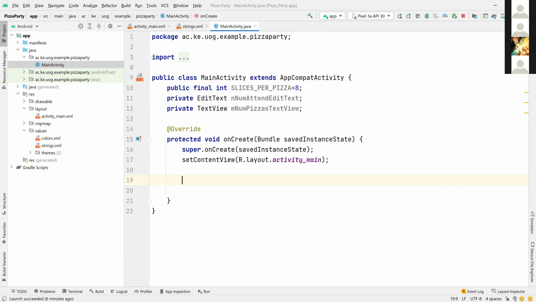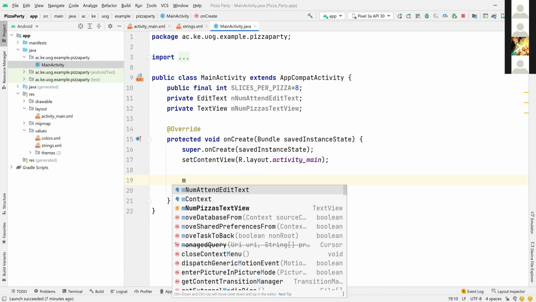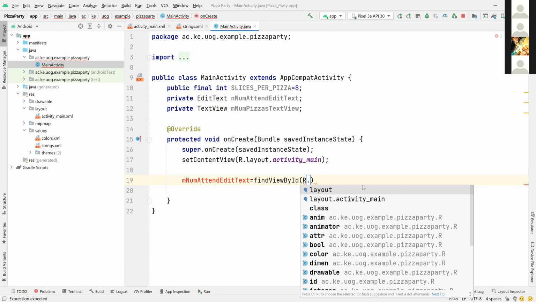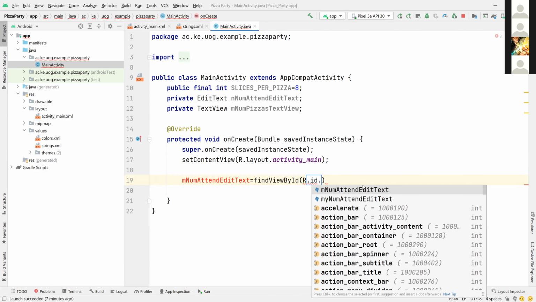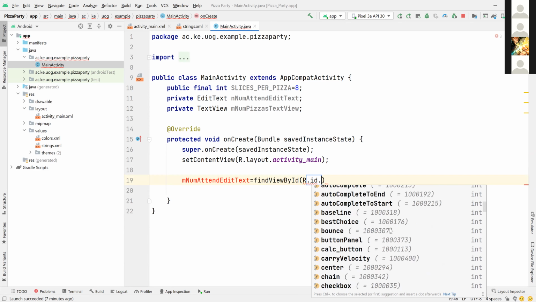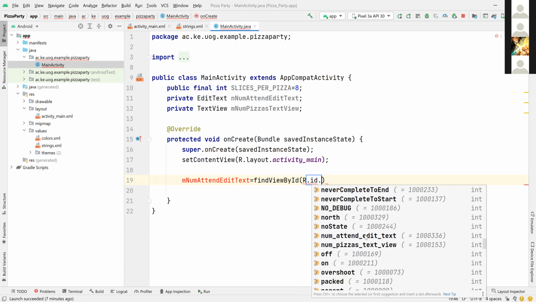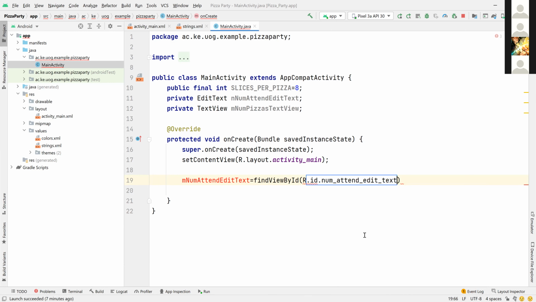So mNumberAttend EditText equals findViewById(R.id.numberAttendEditText);